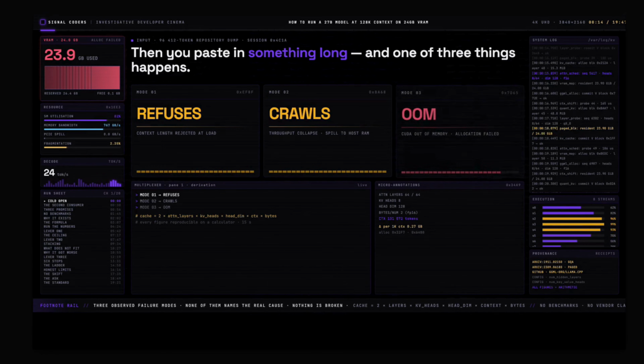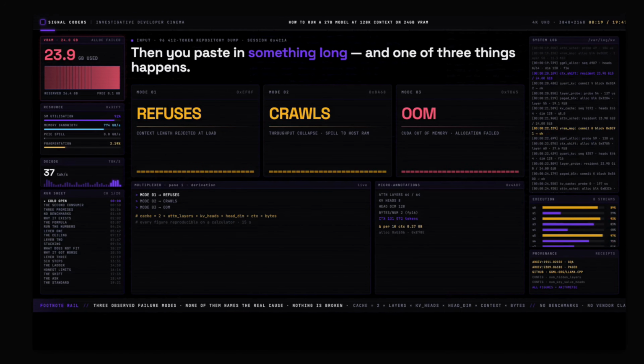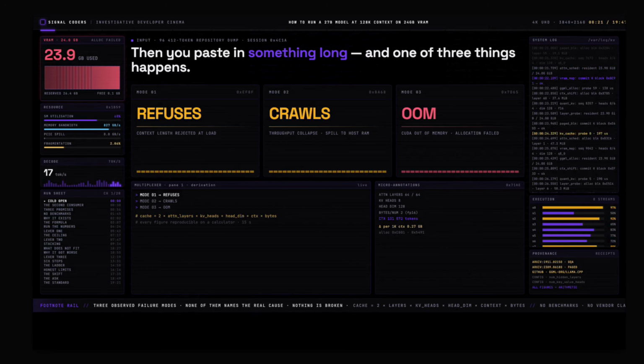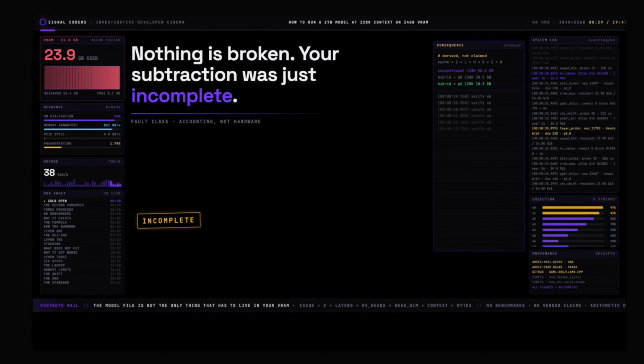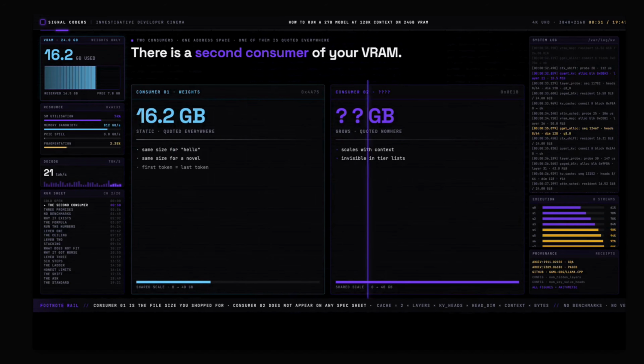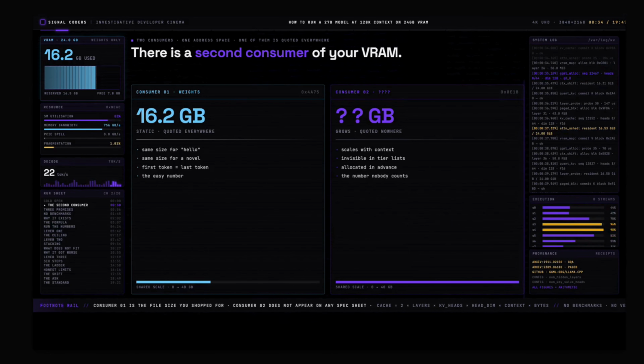Then you paste in something long, a real document, a repository, a transcript, and one of three things happens. It refuses to start at that length, or it starts and your speed collapses to something unusable, or the whole thing falls over with a memory error on a card you were certain had room. Nothing is broken. Your subtraction was just incomplete, because the model file is not the only thing that has to